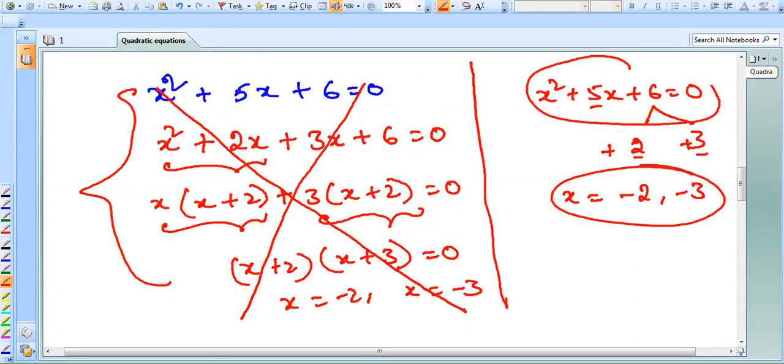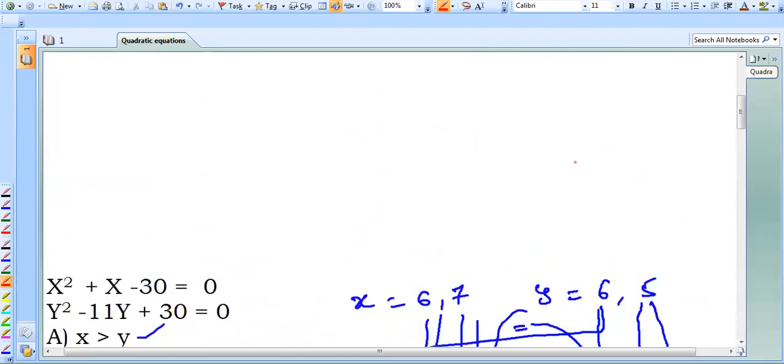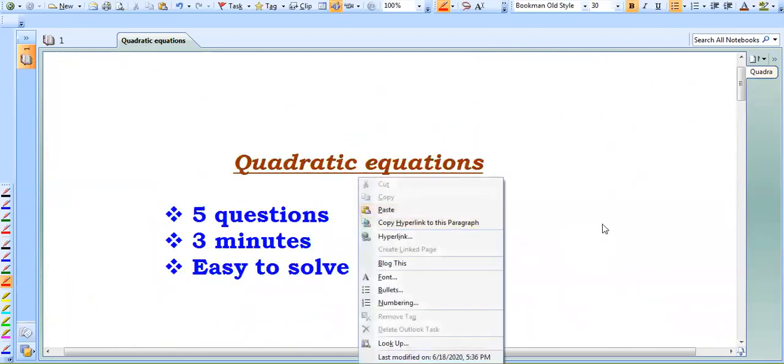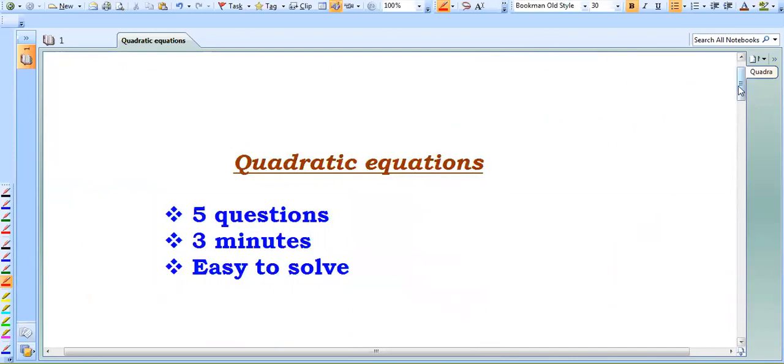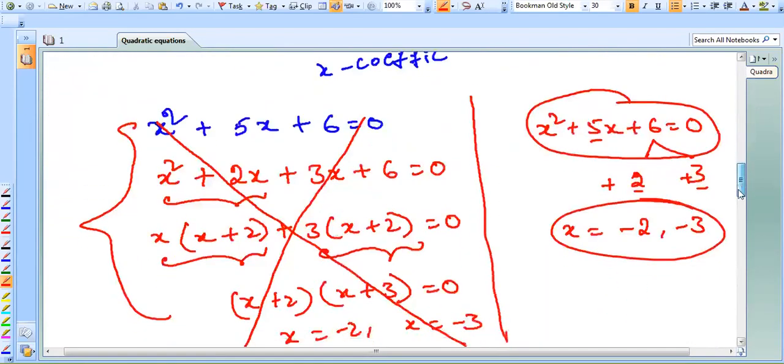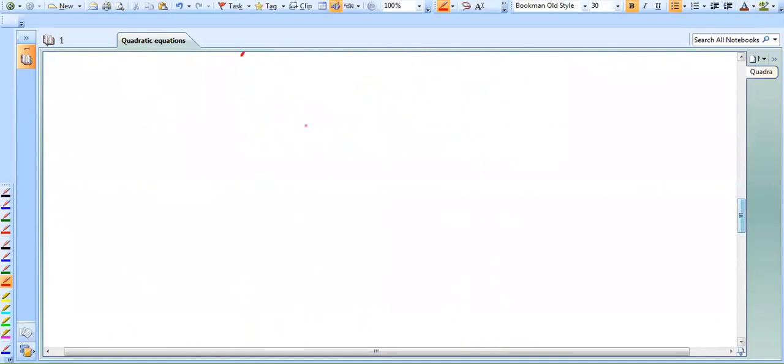This much of expansion is not required to solve a 1 mark question, right? So this type of short method you have to learn to find the answers very easily. That's why I told you initially, these 5 questions you can solve in 3 minutes, with giving the answers and options also. You have to practice it a little bit. I'll give you 4 examples and you will get to know what is happening here. I'll tell you when you have to add the factors and when you have to subtract the factors. Some students use trial and error methods. That is not good.